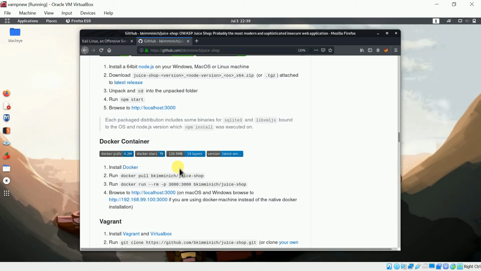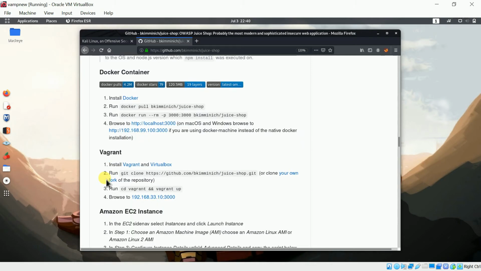The very first step is you have to install Docker. So make sure that you have Docker installed on your Kali Linux machine. If you have not installed it and you don't know how to install it, I have already made a video. I will put an I button here and I will also put the link in the description box. It's not a very hectic procedure. It will hardly take 10 minutes. So if you have not installed Docker yet, go and install it and then start from this second step.